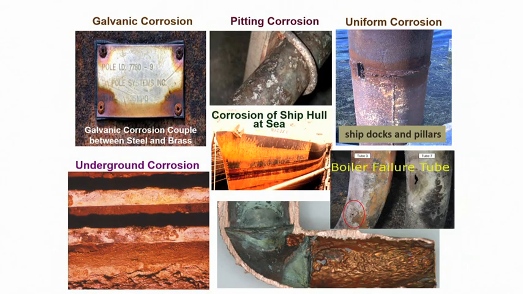So talking about corrosion, just a few examples. Here we are talking about galvanic corrosion or uniform corrosion. If you have a steel plate, so this is a steel plate which is riveted, bolted on iron. This is a brass plate riveted on an iron background, and these are iron nails. So these iron nails, the rivets, which actually fix the brass plate on top of the iron structure and exposed to